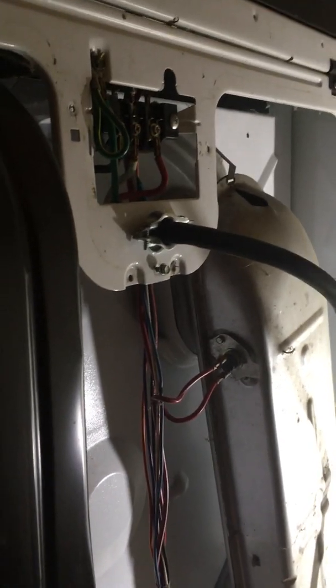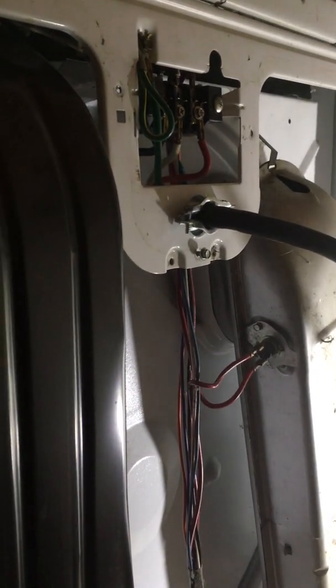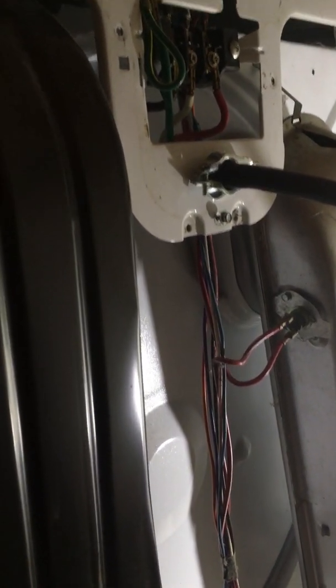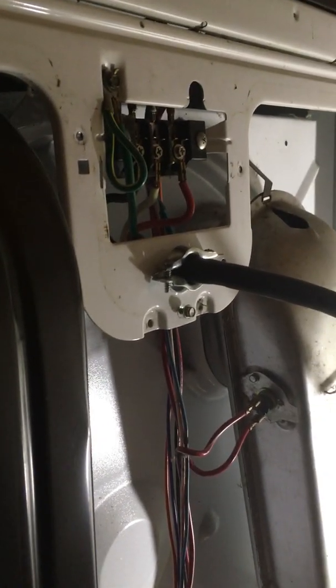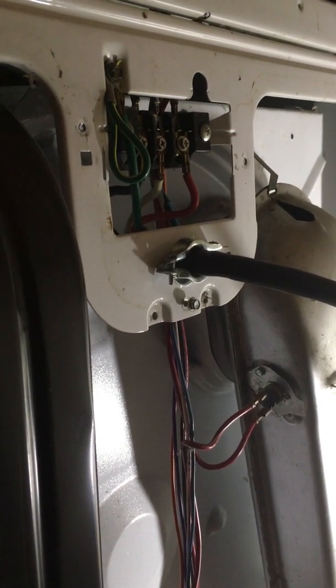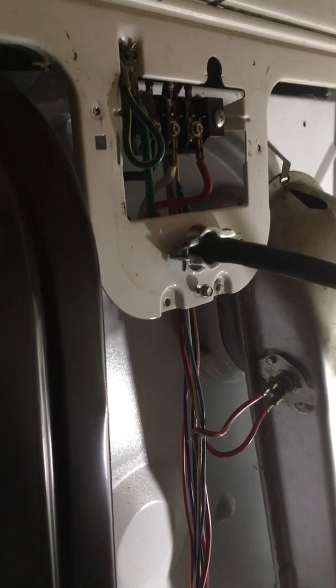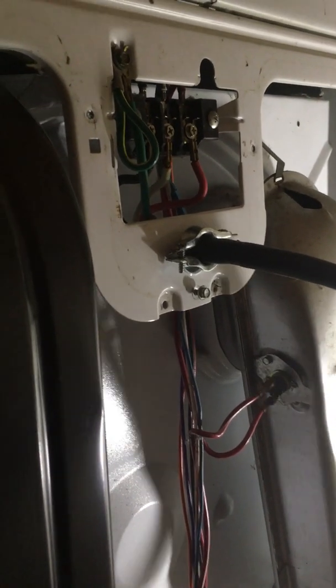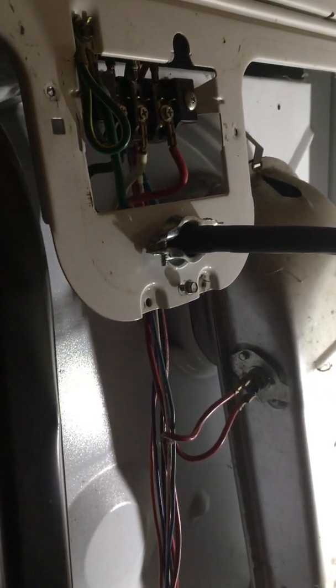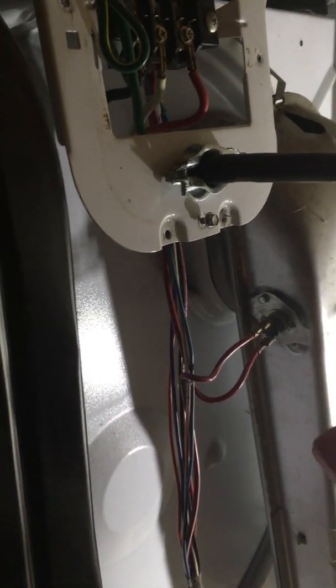We have an electric dryer that is actually running but not heating, showing signs that the heating element is not working. First thing we want to do when we have an electric dryer that's doing this is verify the voltage. That we have 240 volts or 220 volts at the where the dryer whip